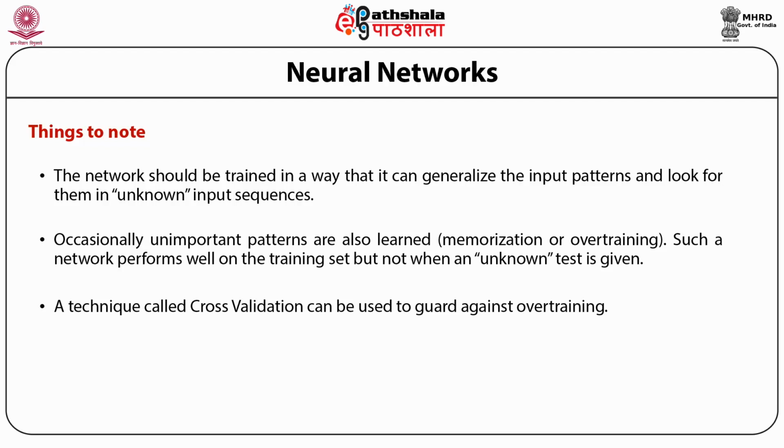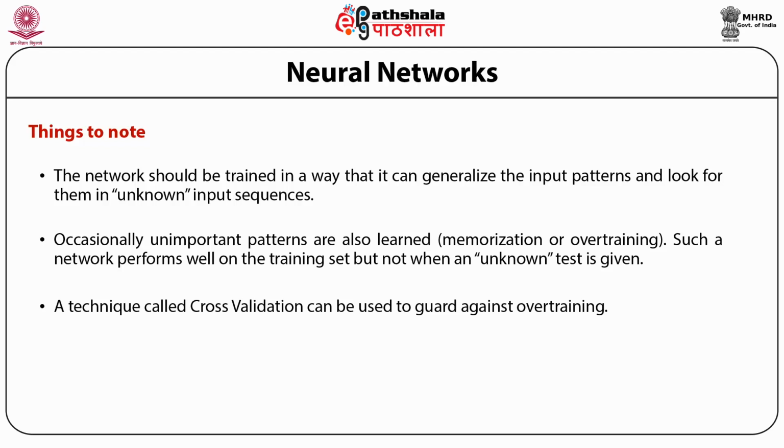So whenever one is training a neural network, one has to be very, very careful so as not to overtrain the system. This can be done by minimizing the size of the network, so that it minimizes the number of parameters which have to be adjusted, or by increasing the number and the diversity of the training sequences by which this training has to be done. So there are various approaches, including using robust cross-validation methods to stop the training the moment it is getting towards overtraining.